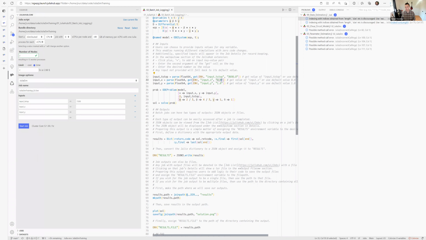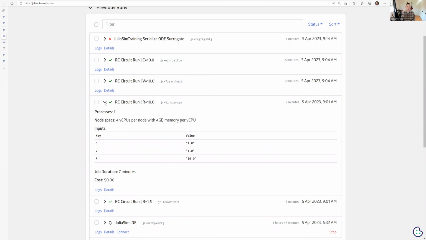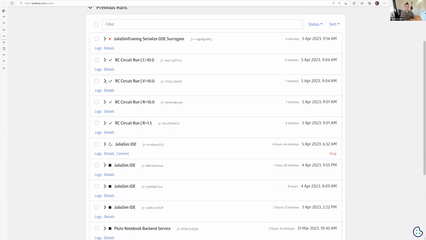And if I just show you what this looks like on the platform, I actually ran a few earlier with that same RC circuit that I was using in the first examples. So if I hit this drop down, I can see my key value pairs for those inputs that I provided. And I even changed the name to make sure I could keep track of what I was changing. So right here, it provides me an easy way to go back and look at all my job runs that I've performed. So I could submit many batch jobs at once, come back, view the results, and I can also make it easy for myself to pull these together. So if I click details,